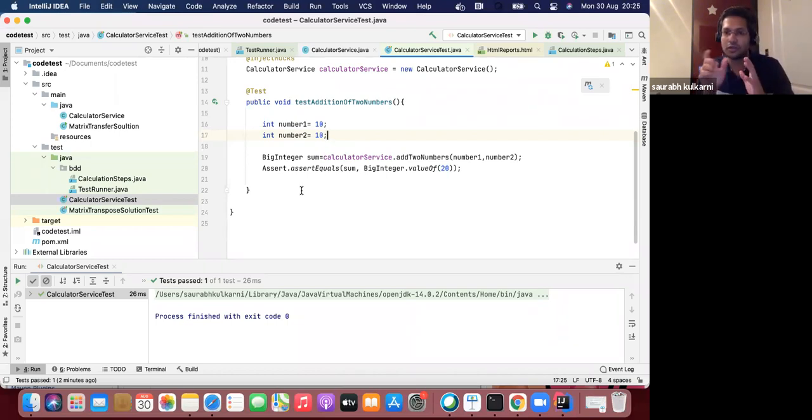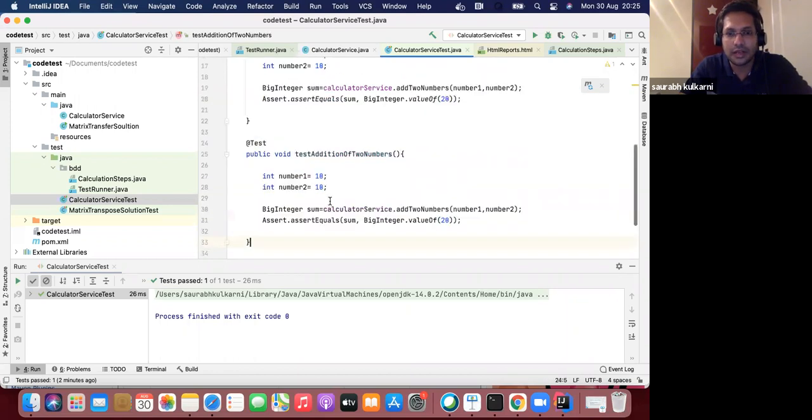Second requirement of the user story: it should multiply the two numbers. In a similar way, I should write the multiply test first. Quickly, I will copy this, with slight changes. Test multiply.